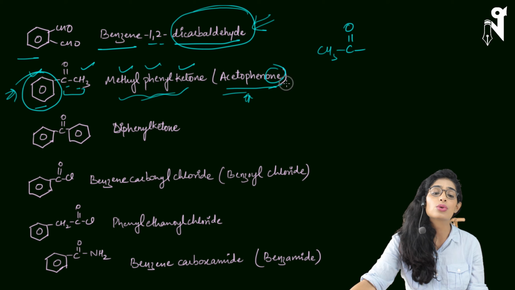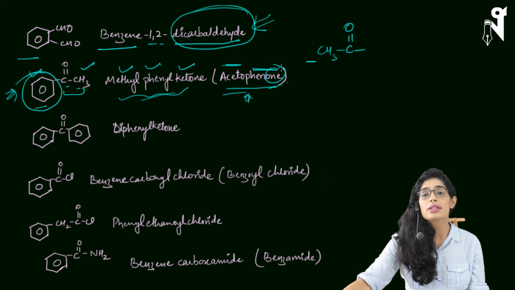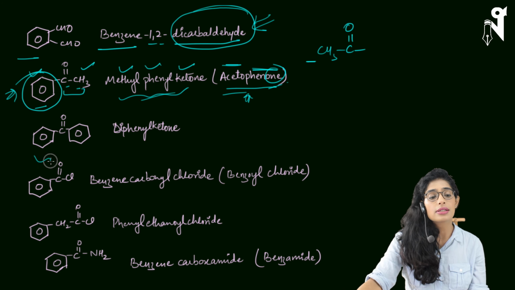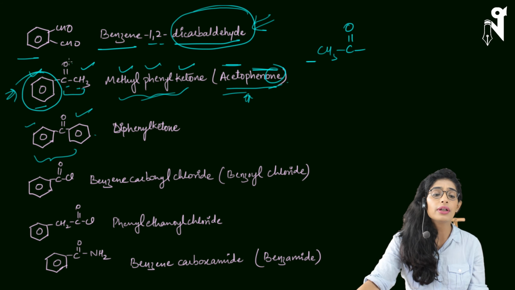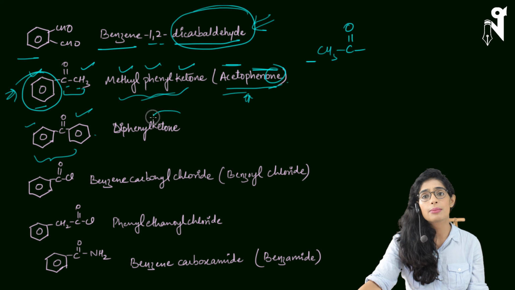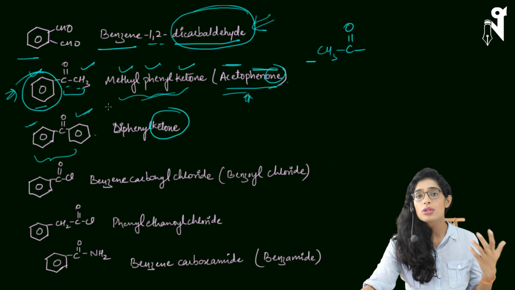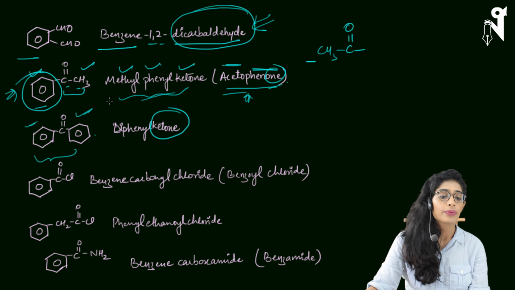So that's just a common way of naming it. Acetophenone is the name. Aceto represents that there is an acid group, and phenone represents that there is a benzene and the ketone group present over there. Similarly, I can write this compound as diphenyl ketone, two benzene rings. Here whenever we are taking the term ketone as the main chain, then all other R groups will be acting as branches and will be named in prefixes.